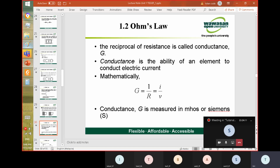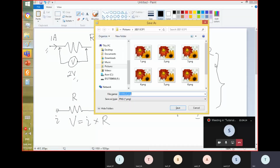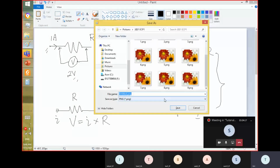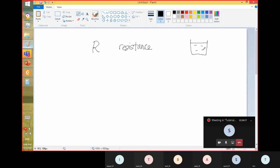This one is not actually Ohm's law. This one comes from physics also. So far I think you know what is called resistance. You know resistance by the symbol R. It resists the current flow. Actually, you can visualize this as water in a pipe. Let's say you have one tank here, a water reservoir to store all the water. You elevate the tank above a certain height. This is the ground level. Because this water is above the ground,